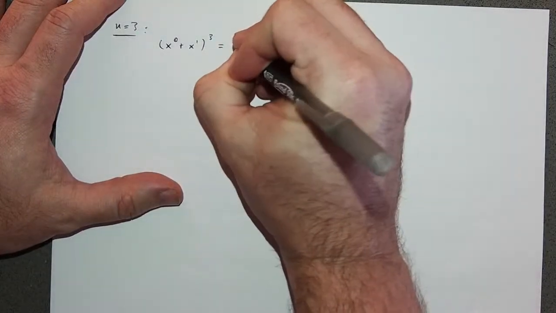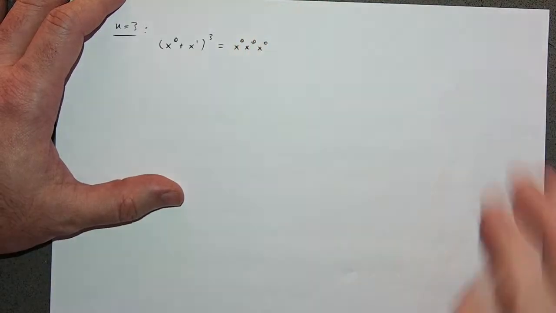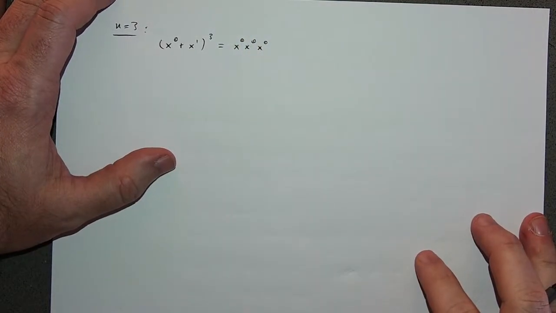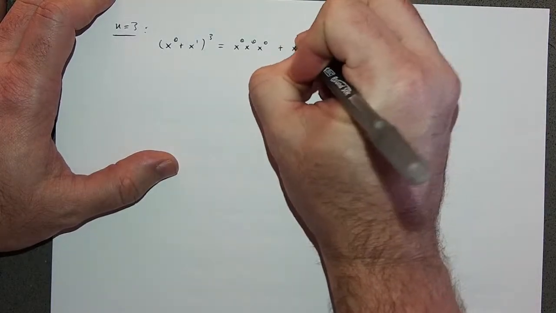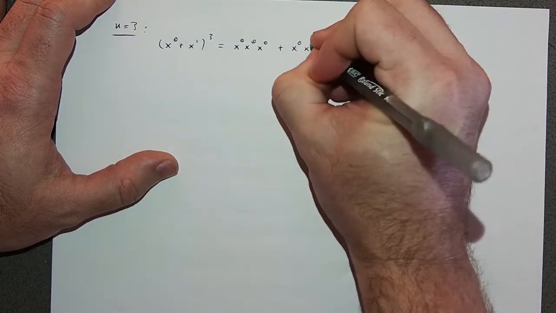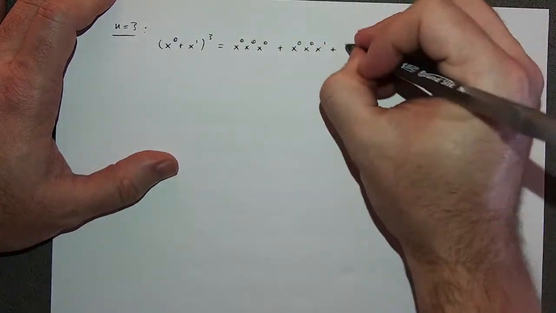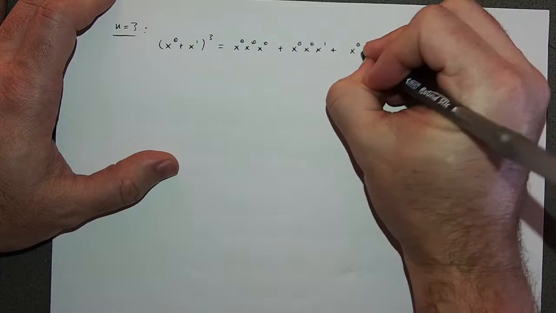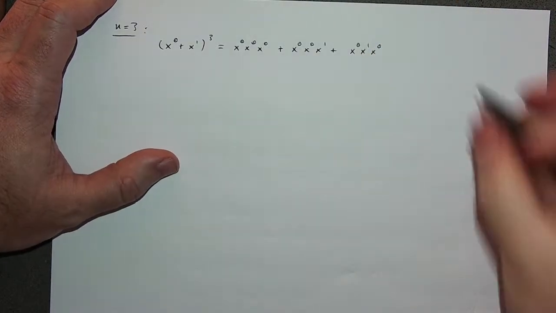I get the term with all of the exponents being 0 multiplied together, plus these two being 0 and this one being 1, plus 0, 1, 0, plus